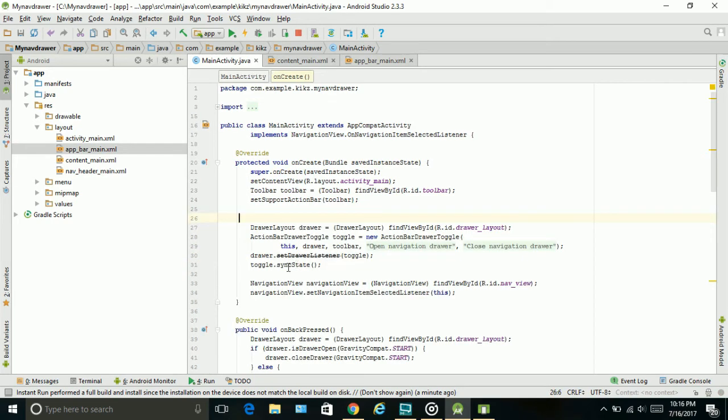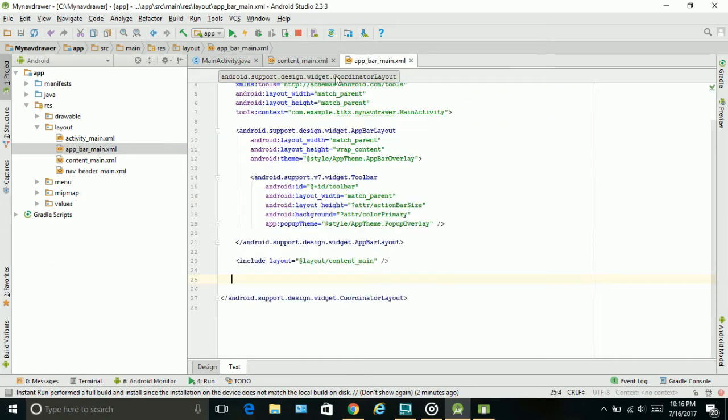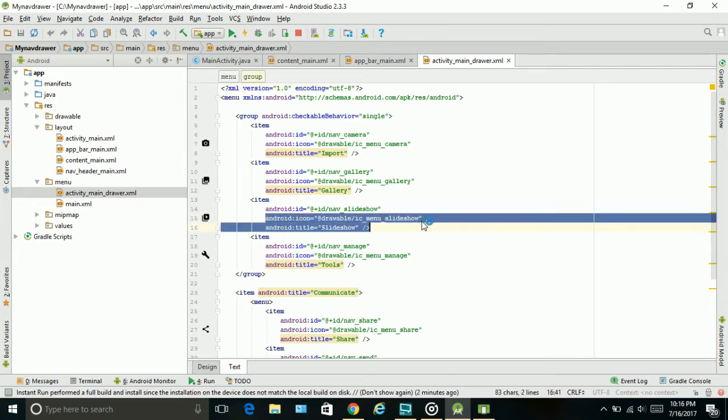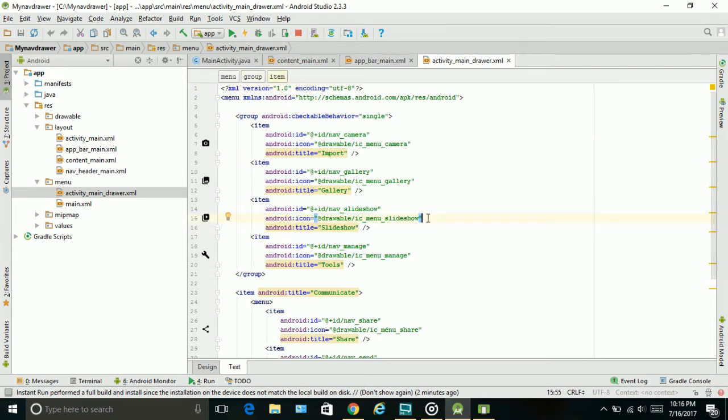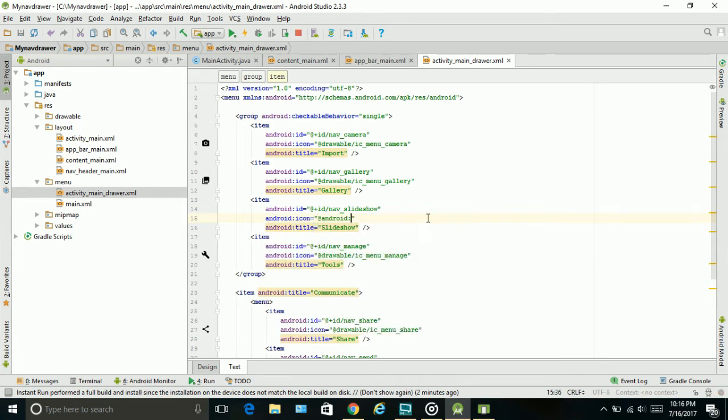And there. So the floating action button is gone. The next thing, we're gonna have to edit the options in our side menu. So this is where we edit them, and you can see the icon. If you want to give it a picture, all you need to do is type in icon. When you type in icon, you choose the first one, Android icon, and it gives you an option, Android, or